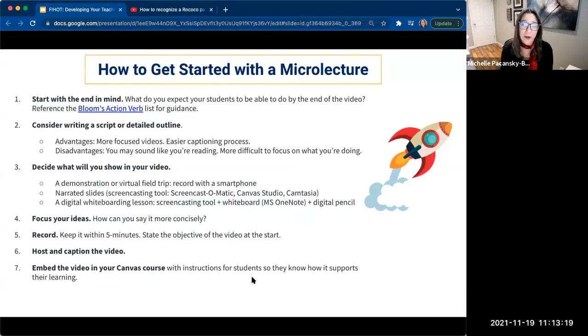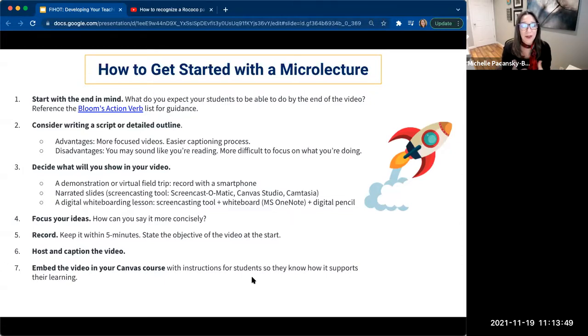Decide what you're going to show, right? So that, as we said, is what really triggers the tool that you're going to be using. So be sure that you've got that figured out. Of course, that will also involve preparing your visual materials. Focus your ideas, try to be concise, try to stay on track with your targeted outline, and aim to keep it within 5 minutes.